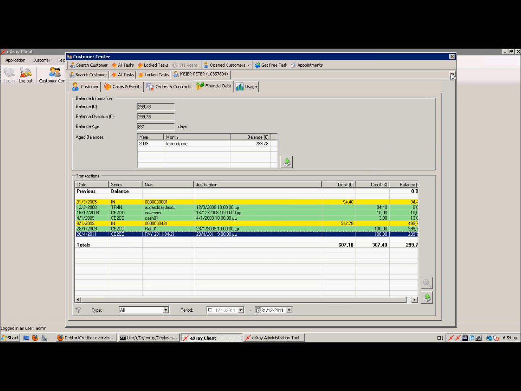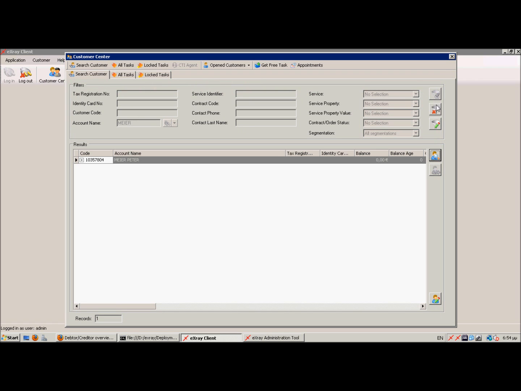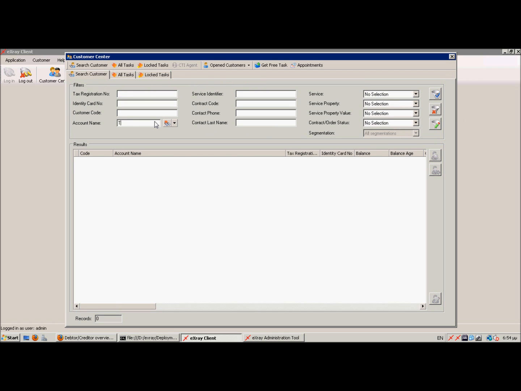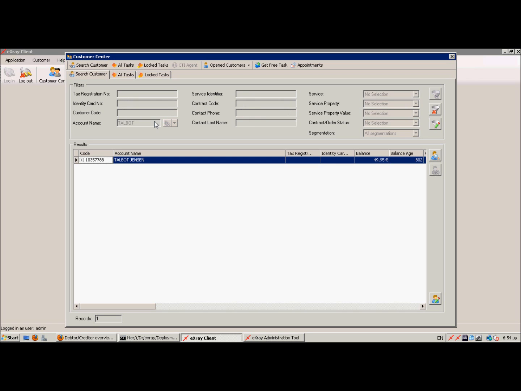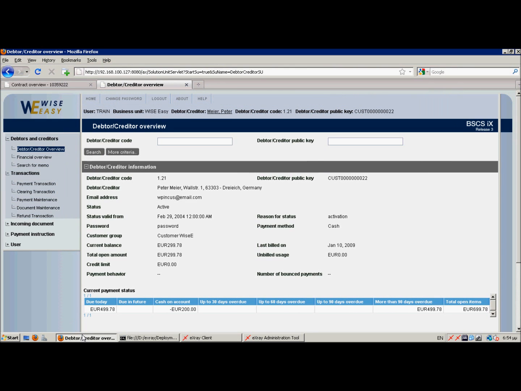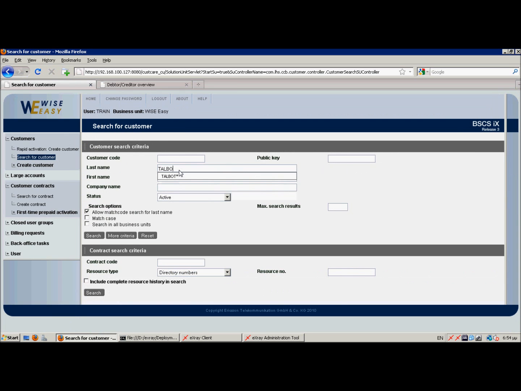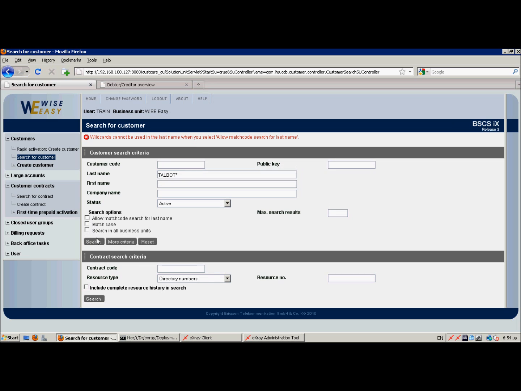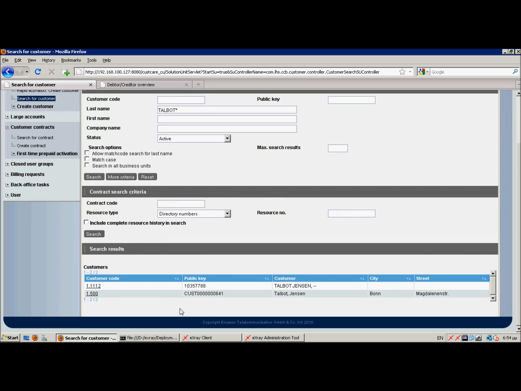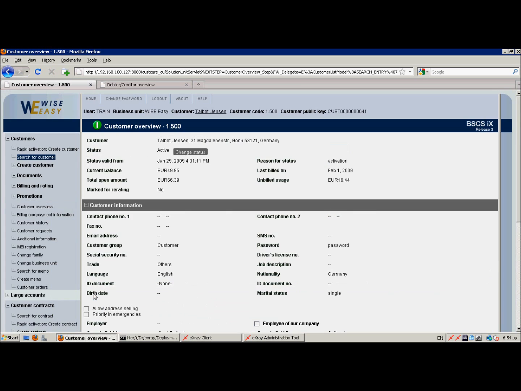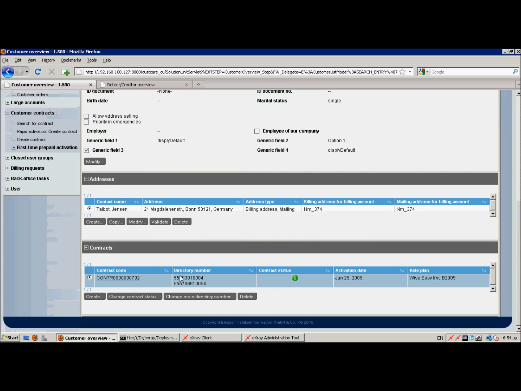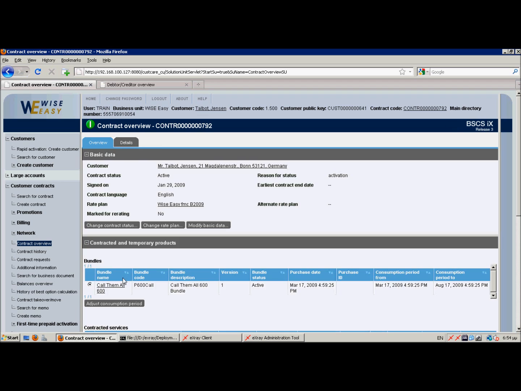Now let's see another scenario. Let's suppose that a customer, namely Mr. Talbot, that is active in the BSCS with a contract. Let's look him up in the BSCS as well. Talbot. Here he is. He has a contract of YSFMC, this quad play,